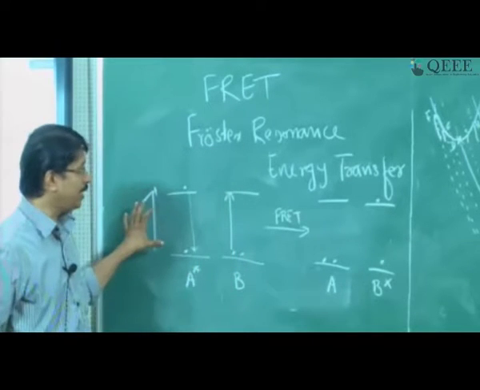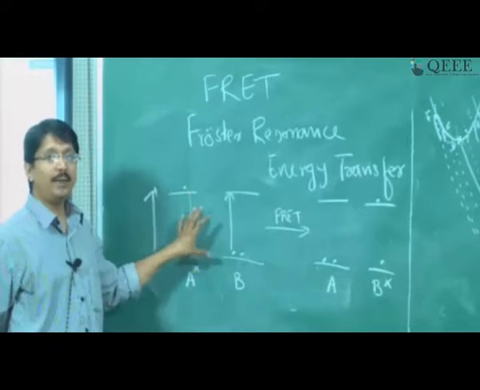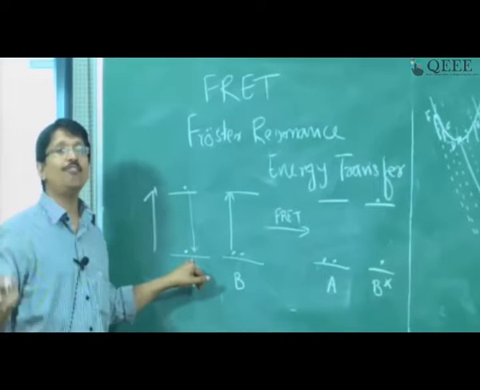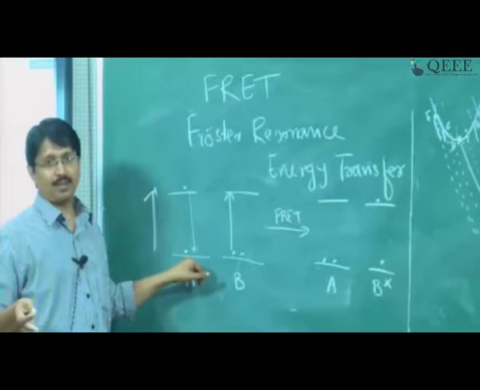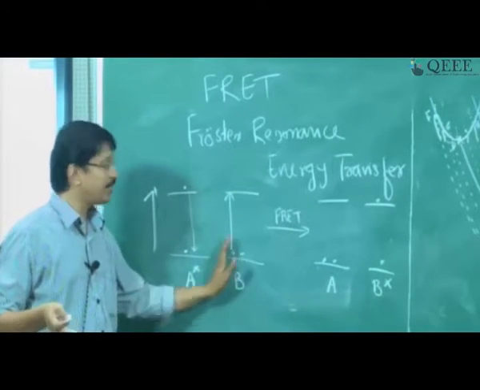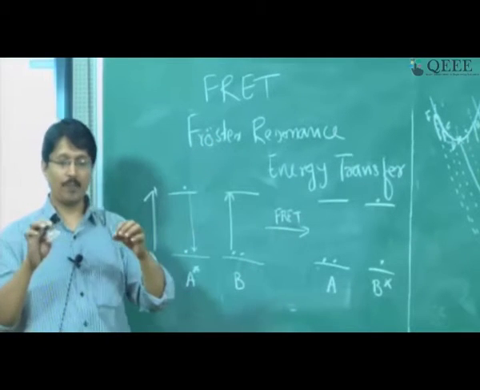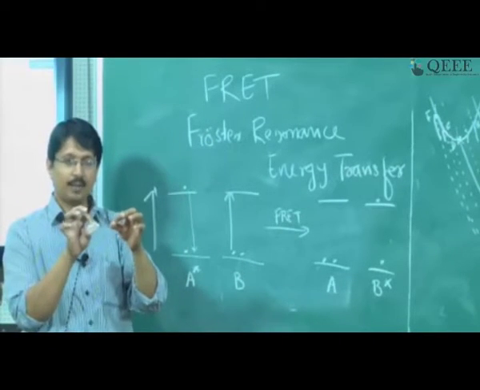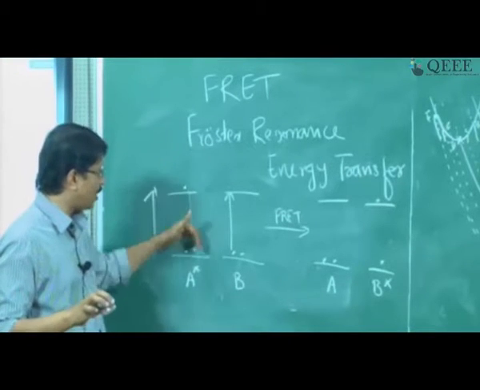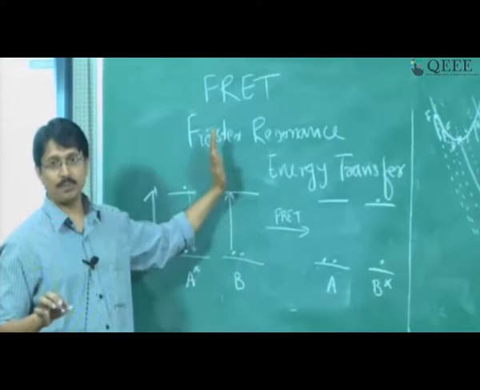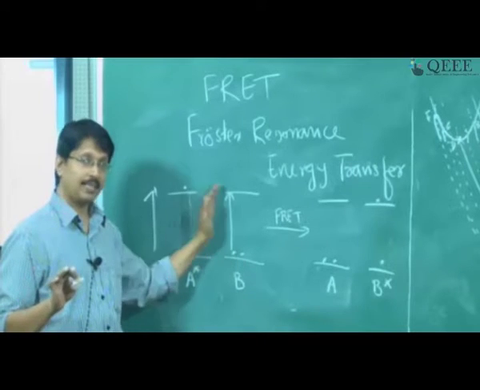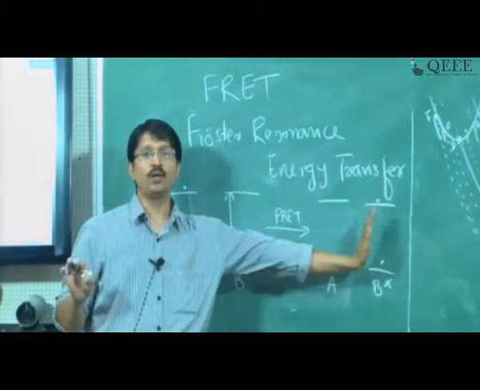The important thing about FRET is that there is no light emission during the FRET. Even though this electron is coming down, it is not emitting any photon. Because of dipole-dipole interaction, this electron is pushing this electron up. It's like when you bring two magnets together, sometimes they repel if it is the same pole. Similarly, this electron comes down and this electron goes up. There is no photon emission, there is no light emission during this process. But as a result, energy is transferred from one molecule to another molecule.